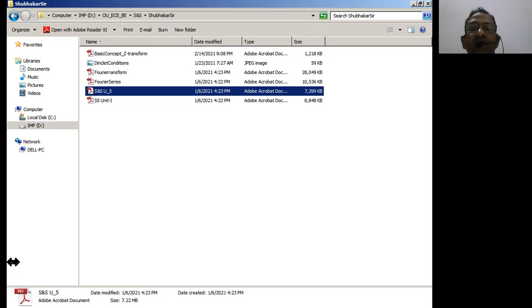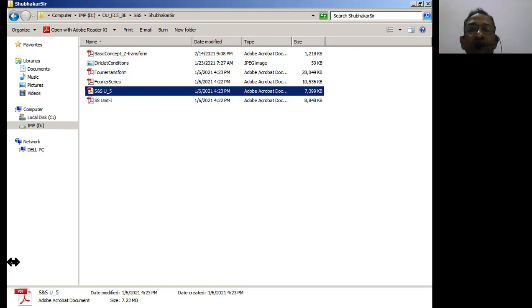And I can write this as 1 plus, z to the power 0 is 1. So 1 plus 1 into z inverse, which I can write as 1 by z. Z to the power minus 2 means 1 by z square, and so on. And z inverse means 1 by z. So when I take the LCM here, z will go to the numerator, and I can write this as z by z minus 1.